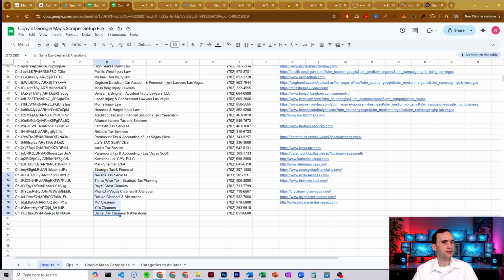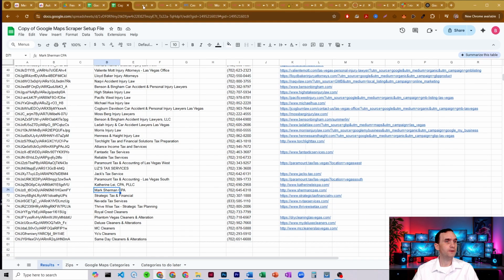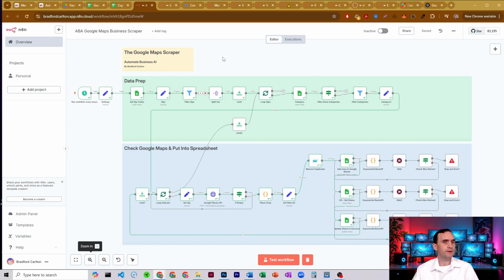So it did find some additional, what looks like tax preparers and dry cleaners. Doesn't look like it found any new personal injury attorneys, or at least there weren't any personal injury attorneys that appeared under that zip code. All right, so from there, what we do is we're going to go ahead and split out the zip codes